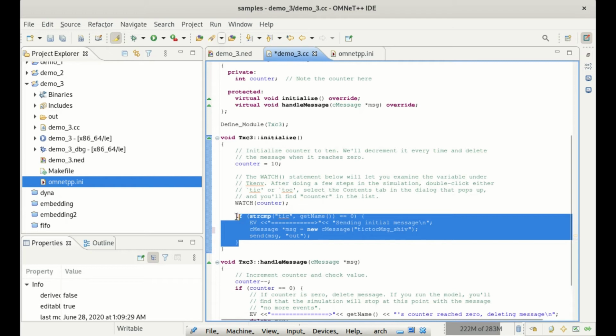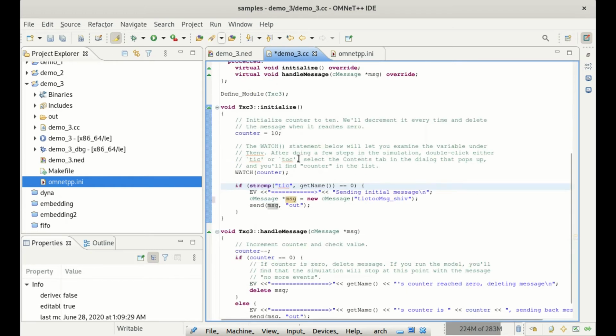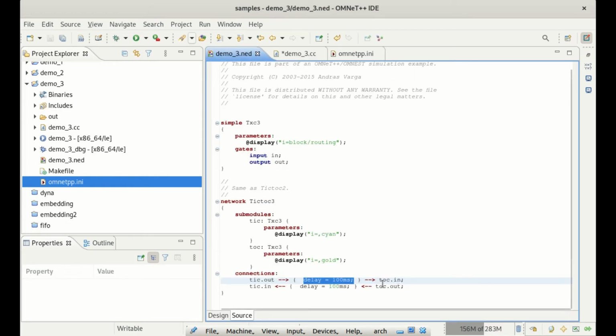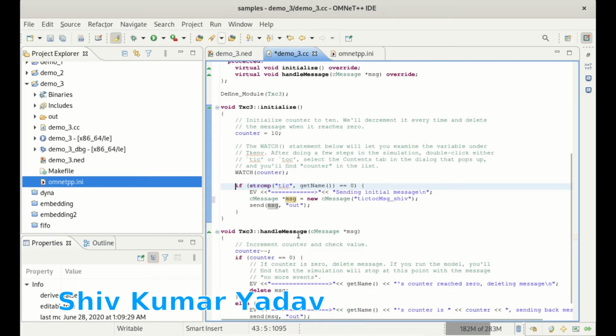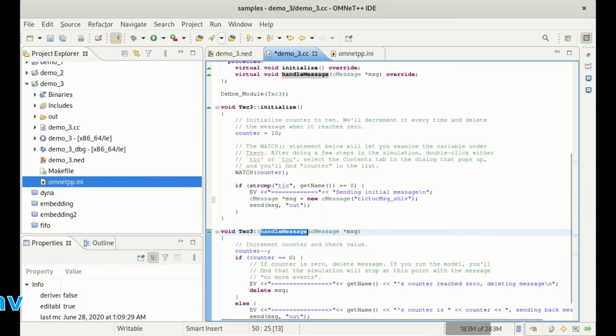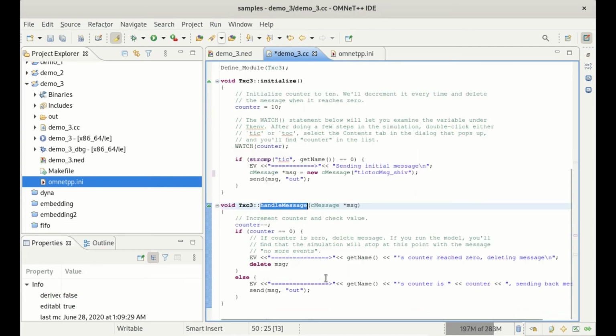Okay guys, so when the message reaches the talk in gate, then this handleMessage method comes into focus. So here first we are decrementing the counter variable, and again we are checking.